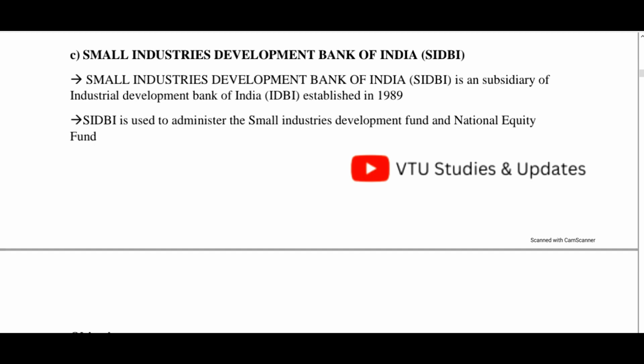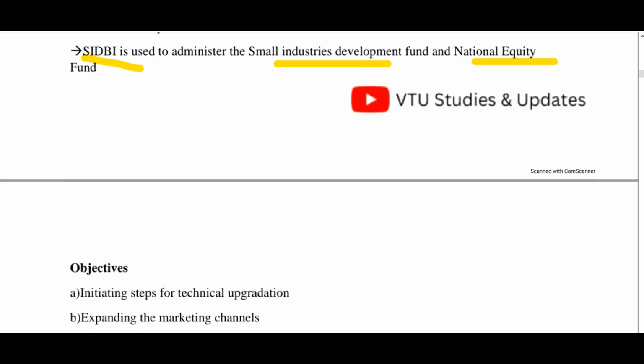These are funds or some type of banks, the National Equity Fund. So you know about mutual funds etc. These are some of the funds which help small industries. So it is a head. Consider this is a chief minister, this is also a chief minister, and he is a prime minister. Like that, he monitors the Small Industries Development Fund and the National Equity Fund.